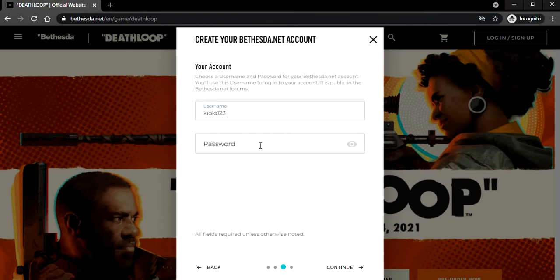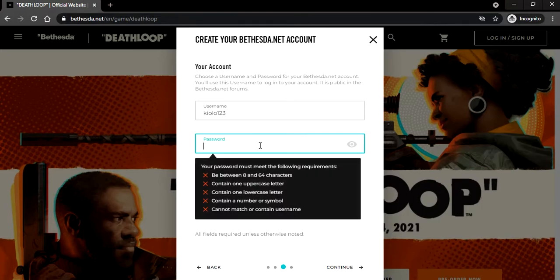Good. Now I'm gonna create a password, and you guys read the requirements before you create a password. Be between 8 to 64 characters. Contain one uppercase letter. Contain one lowercase letter. Contain a number or symbol. Cannot match or contain username. So make sure your password has all of these requirements. Let's see. Yeah, it's good. Now click continue after you fill that in,